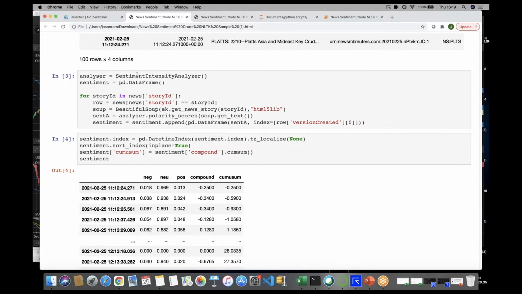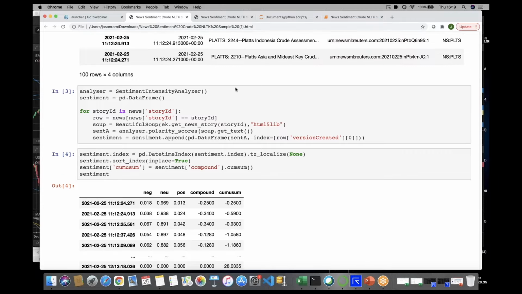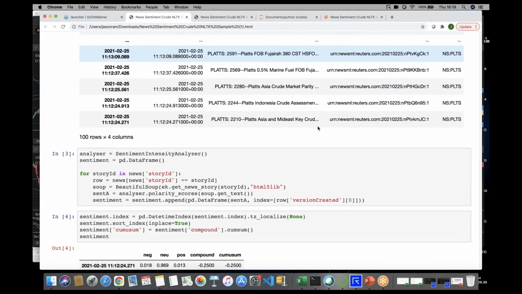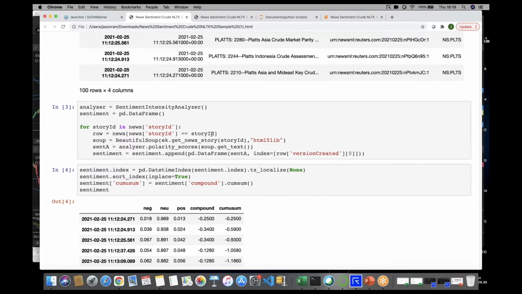So what we're going to do now is instantiate our sentiment analyzer object, and then for every story ID in this data frame, we go and get the actual underlying story by passing the story ID to this second API call, which is get new story.